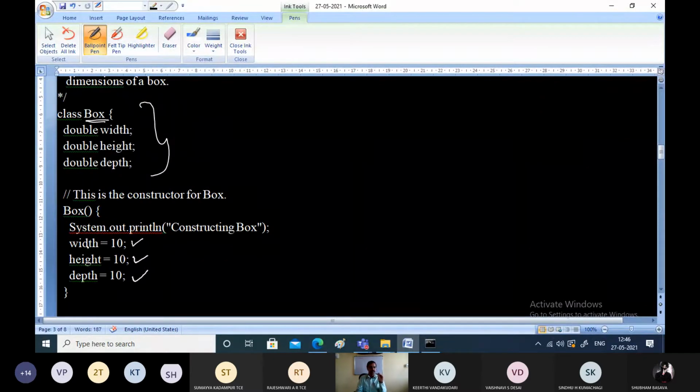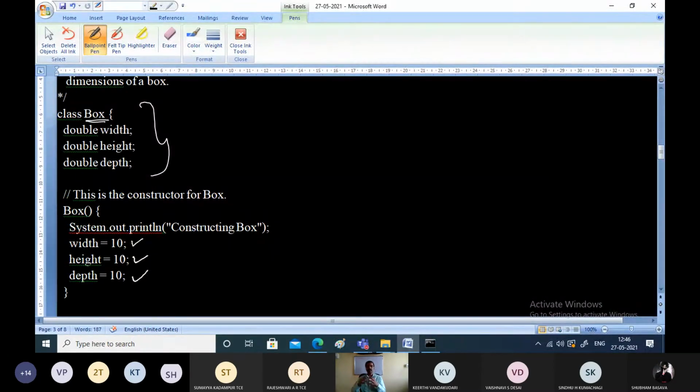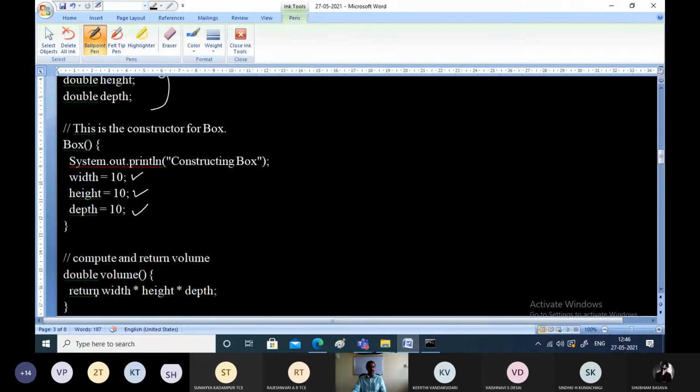Width must be 10, height must be 10, and depth must be 10. This is what we want. Whenever we create an object, it should have these default values for width, height, and depth. That is what the constructor is doing.